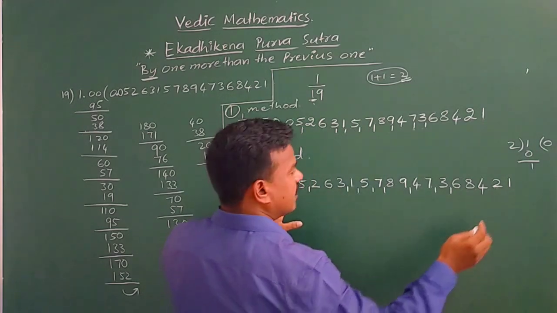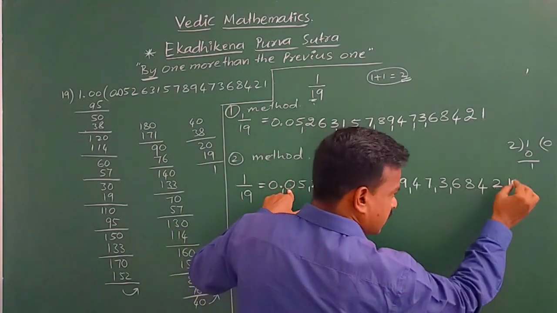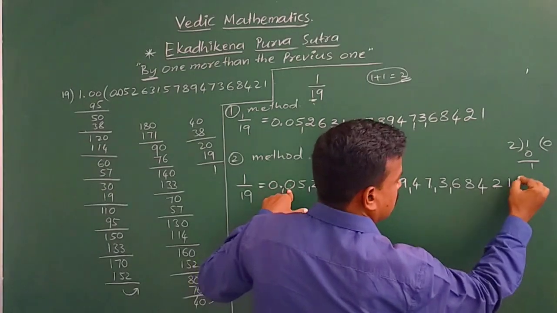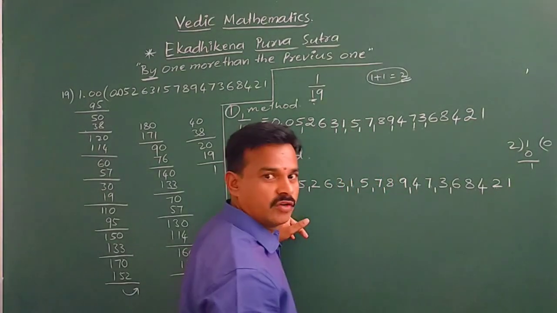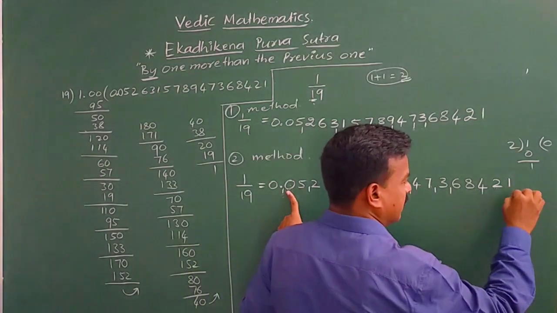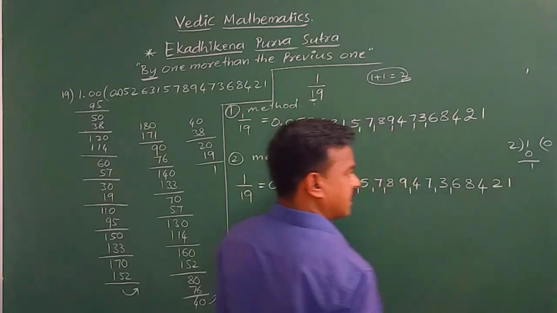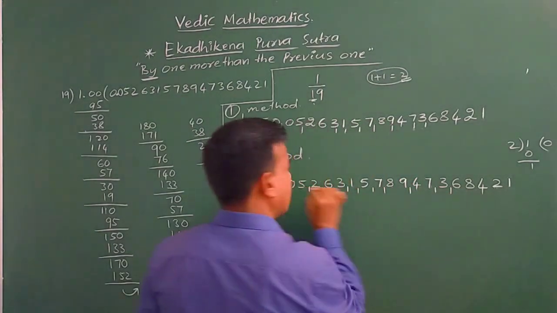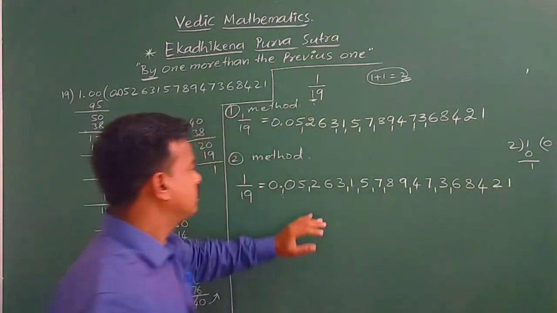Again, from here it starts. 0, 1. You see again, you divide 1. So the quotient 0 will come, and prefix 1 will come. 10, 5, 2... Again, it will repeat from here to here. Okay. This is the answer.